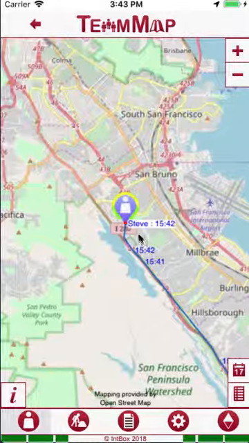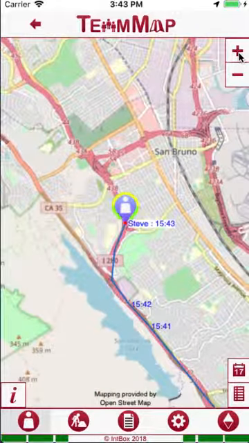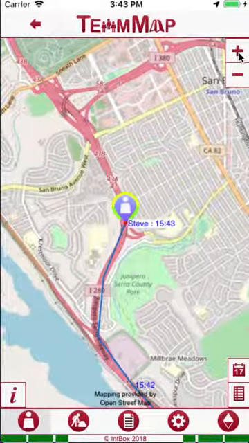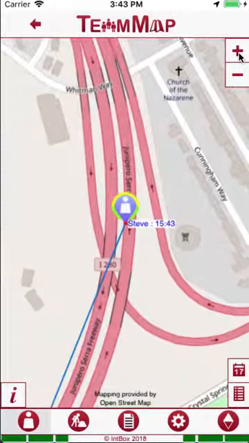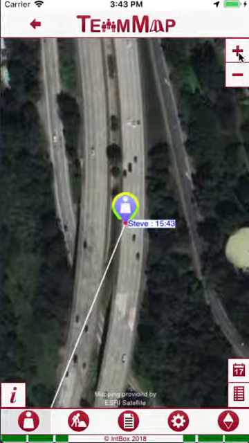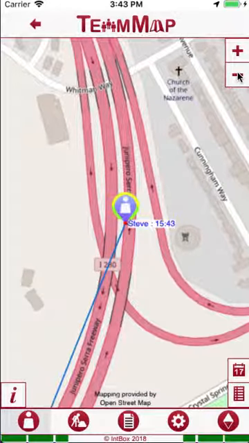As we can now see, we've had a number of new fixes and the map is continually recentered to keep the member icon in the middle of the screen. The map can be zoomed in or out using the plus or minus buttons top right. And to zoom out,